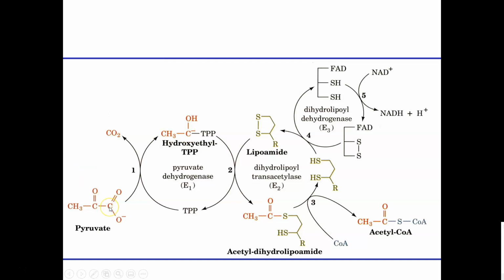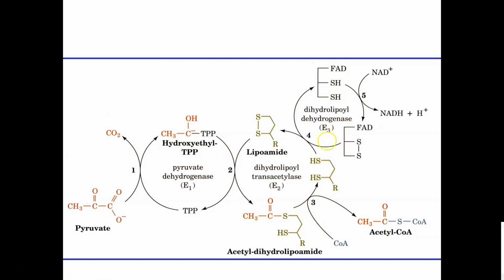So again, in summary, pyruvate, which is a 3-carbon molecule, loses a carbon dioxide, making what's left hydroxyethyl, and that hydroxyethyl is linked to TPP. Hydroxyethyl is transferred from TPP to lipoic acid, and lipoic acid also oxidizes hydroxyethyl, leaving acetyl. And lipoic acid itself is reduced. That acetyl group is transferred from acetyl-lipoic acid to CoA, making acetyl-CoA, and lipoic acid is recycled back to its oxidized form by reducing FAD to